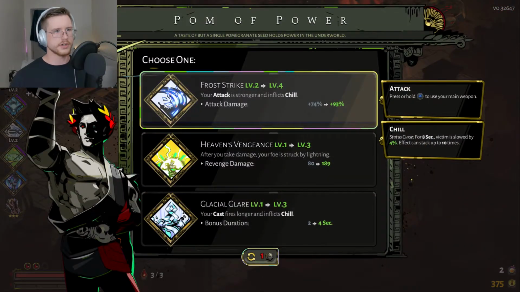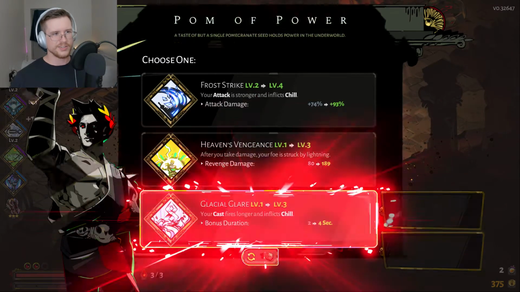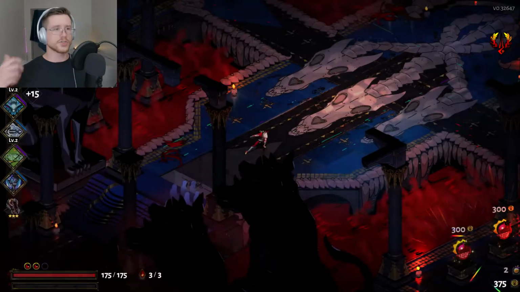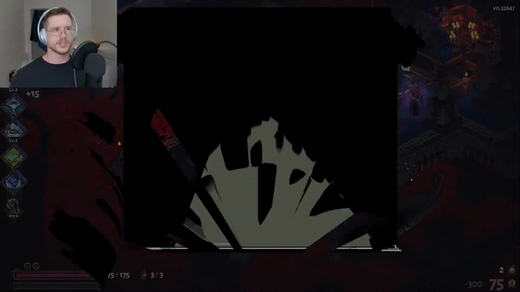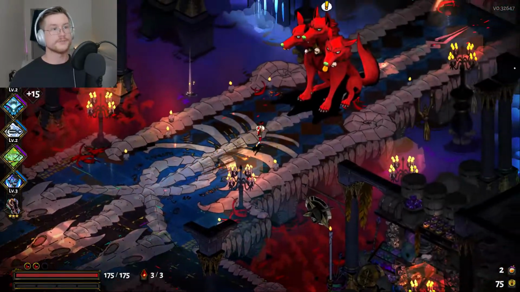What do I want here? That's pretty solid. Bonus duration. Yeah, I'll go for bonus duration. What was I going on? There's a lot of those gold claws around which give you more money. I don't know if you need to get the contractor upgrade to... yeah, I'll take the Poseidon's Aid one. To actually find them and make use...